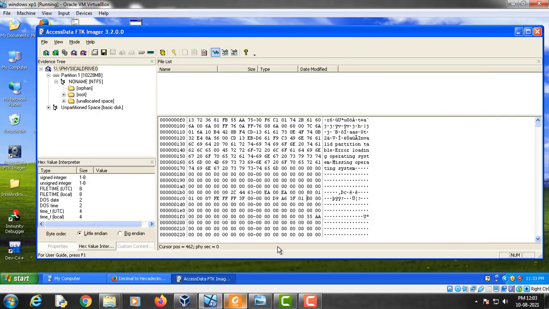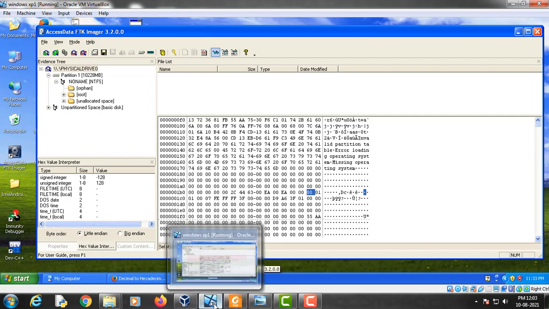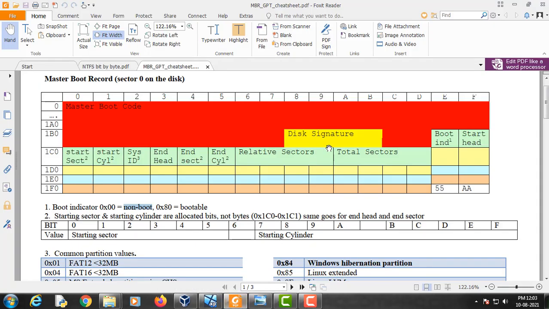So if we see here, the second byte from left is 80, and if we go to this diagram, the value 80 tells us that it is a bootable file system.